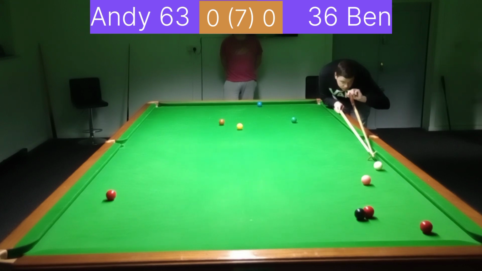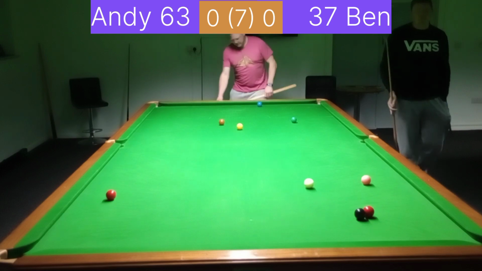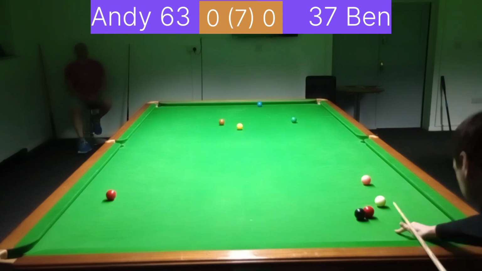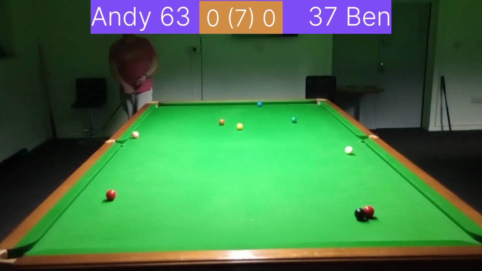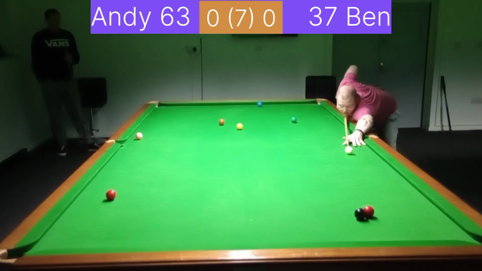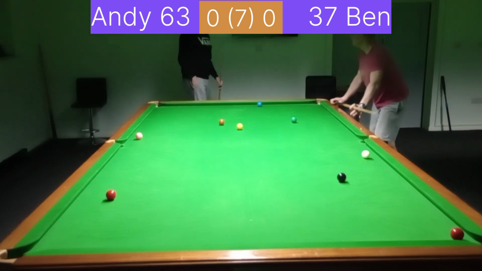So after a few safety shots, I've left Ben in this position. So he cuts the white in, cuts the red in. I will put my brain in gear one day, and that bump off the middle pocket has been rather unkind to him, so just the option of this very difficult pink. So now I'm looking at potting that red next to the black, which should then leave me on it. But didn't hit the red thin enough, so left another